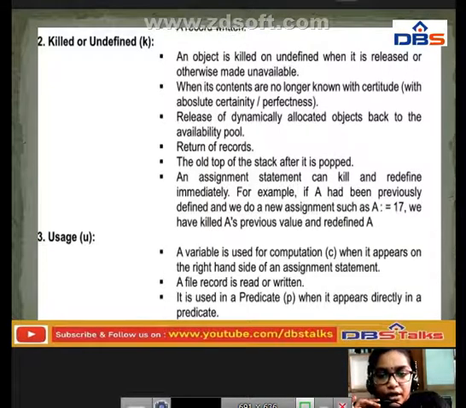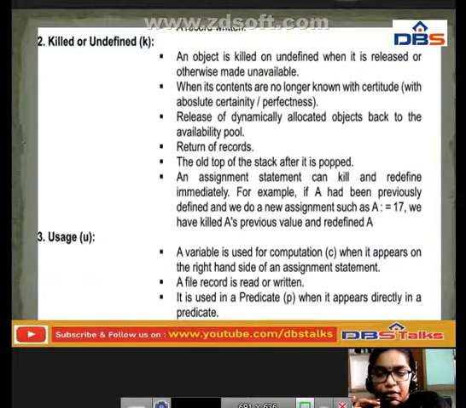How are we going to handle the dynamically allocated objects? They will go back to the allocated pool. Then we will continuously return the records, and the release of the dynamically allocated objects should also go back to the availability pool.